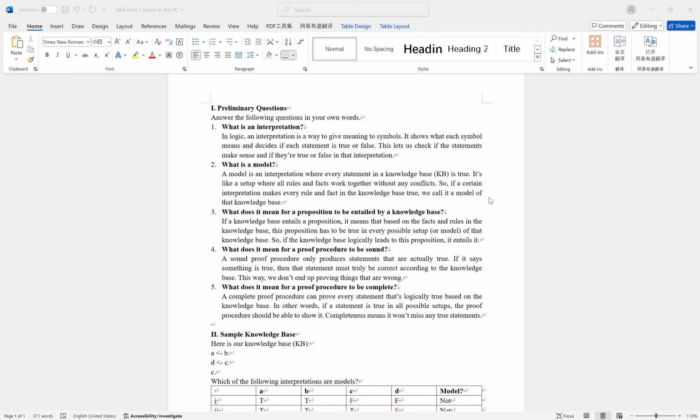And in question 2, a model is an interpretation where every statement in a knowledge base is true. It's like a setup where all rules and facts work together without any conflict. So if a certain interpretation makes every rule and fact in the knowledge base true, we call it a model